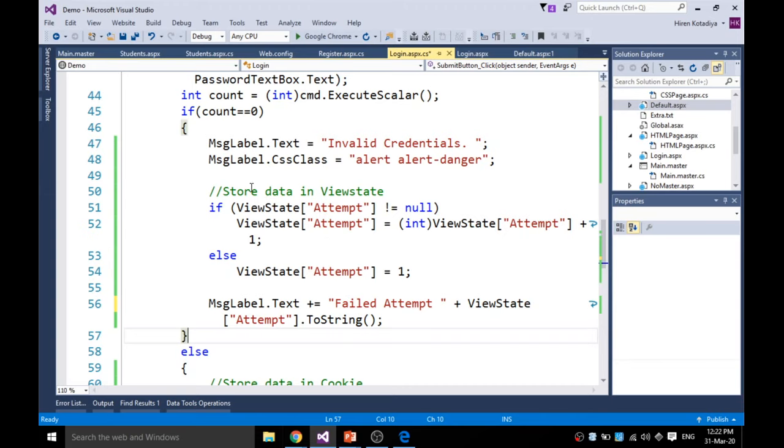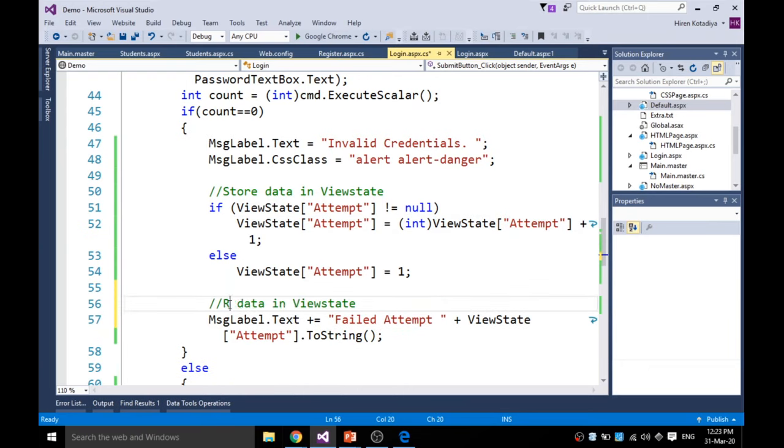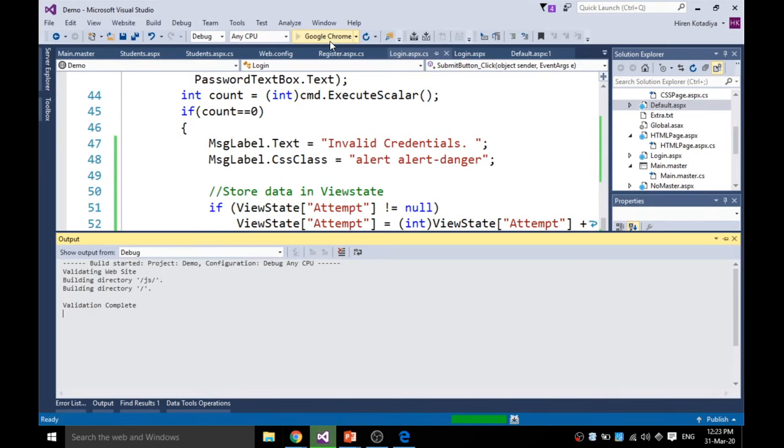So this is how we store the data into the view state. Here also we are retrieving definitely, but we can say that we are retrieving the data specifically here. So let's see how it works. So if I go to the login.aspx,